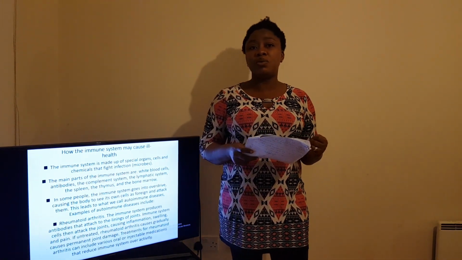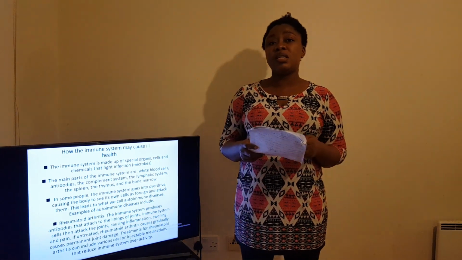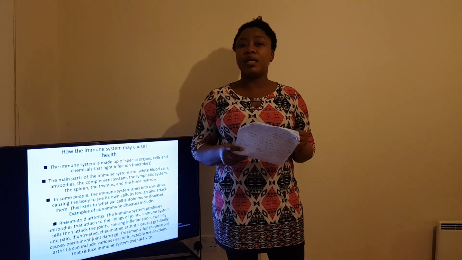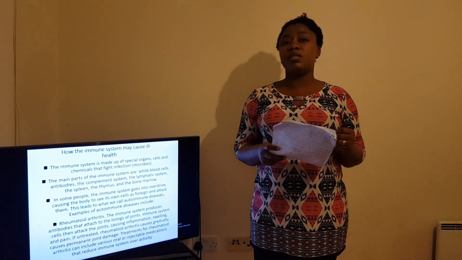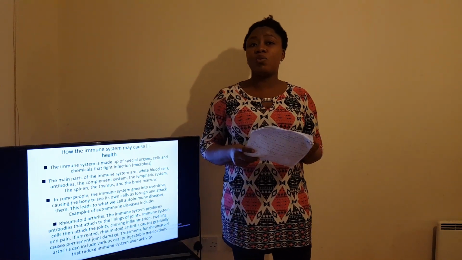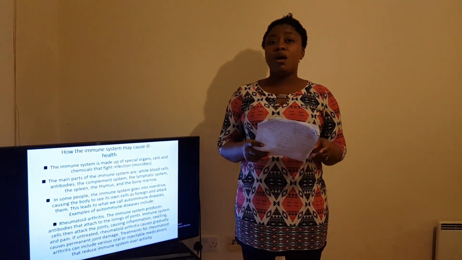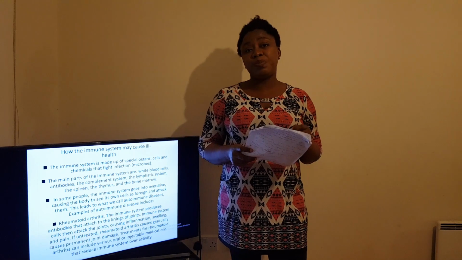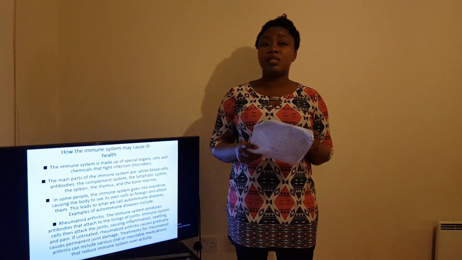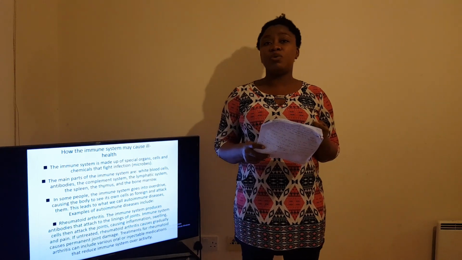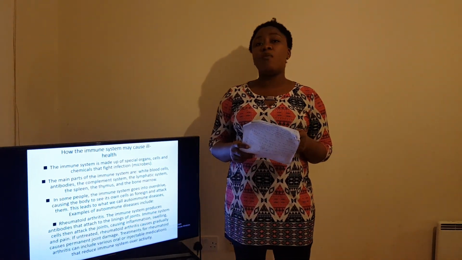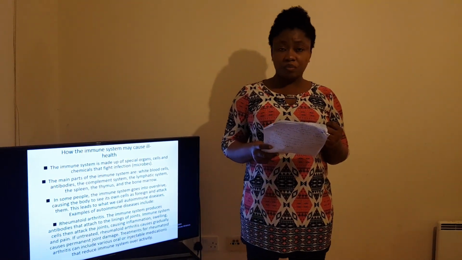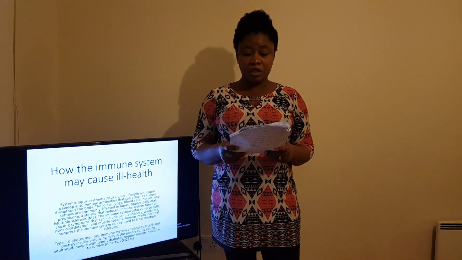Examples of autoimmune disease include rheumatoid arthritis. The immune system produces antibodies that attach to the lining of the joint. Immune system cells then attack the joint, causing inflammation, swelling, and pain. If untreated, rheumatoid arthritis causes pain and joint damage. Treatment for rheumatoid arthritis can include various oral or injectable medications that reduce the immune system overactivity. And also, this brings me to